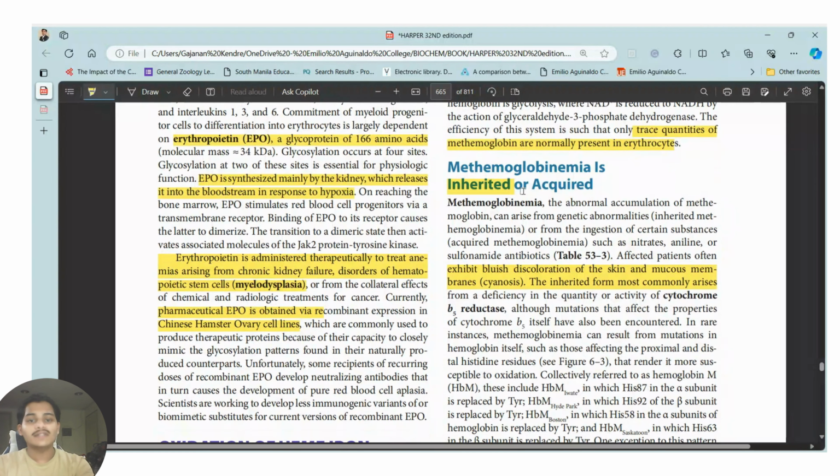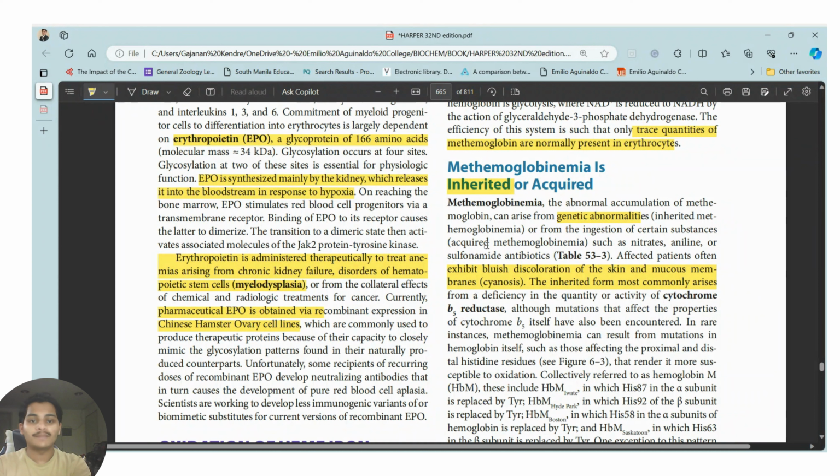Then, what is methemoglobinemia? Methemoglobinemia is the abnormal accumulation of methemoglobin inside an RBC, which arises from genetic abnormalities. There are two types of methemoglobinemia: inherited and acquired. The inherited form can be from genetic abnormalities, and the